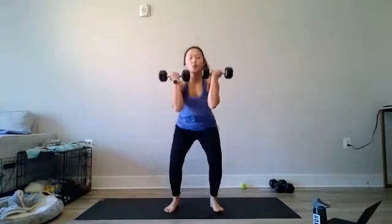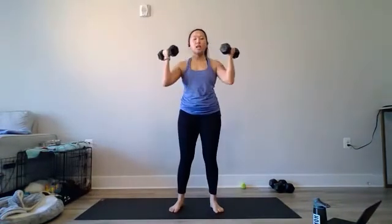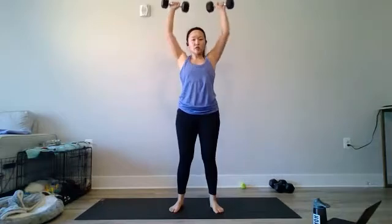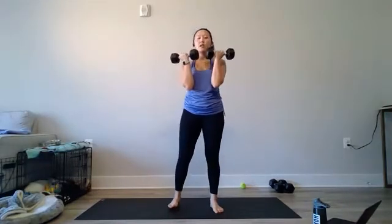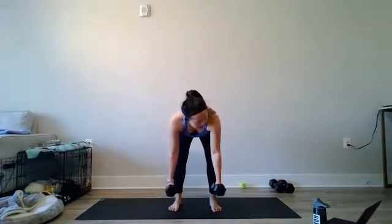Now this is it, our last movement. After we squat, we stand it up, and we're gonna rotate our elbows out and bring it overhead. Back down, rotate it in. Got it? So let's go ahead, hinge in 2, 1, hinge it over, fly it out, bring it in,